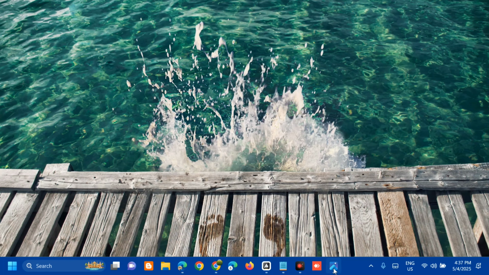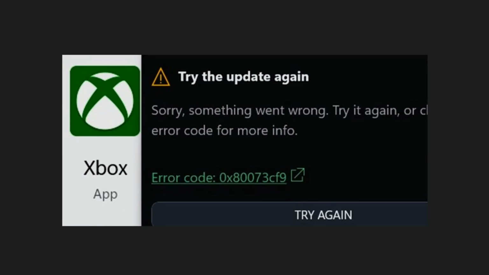I'm going to show you guys how to resolve the Xbox app error code 0x80073cfg on a Windows computer. This error often appears when you're trying to install or update a game through the Xbox app. Instead of completing the process, the app fails and throws the 0x80073cfg message, leaving you stuck with no progress bar and no working download. So error